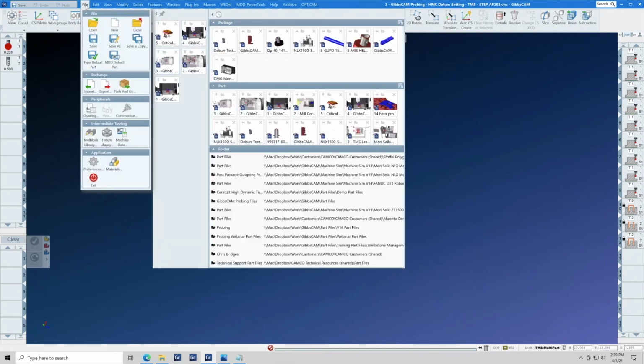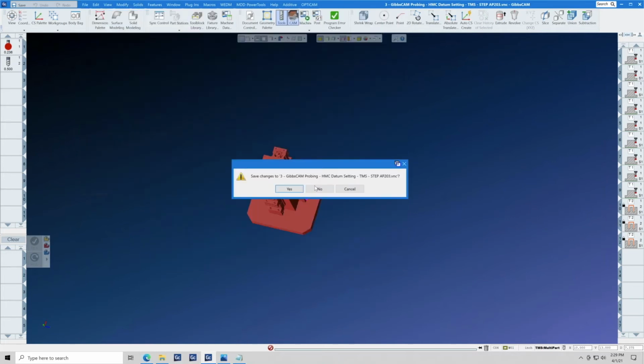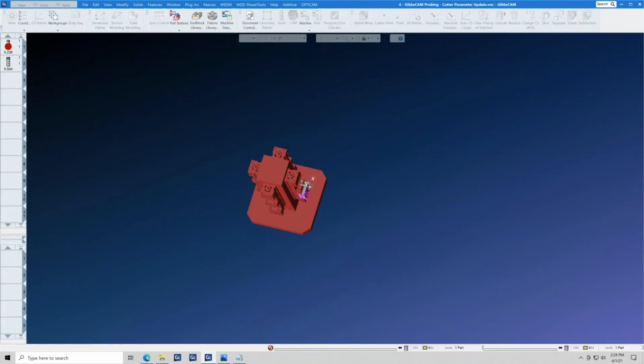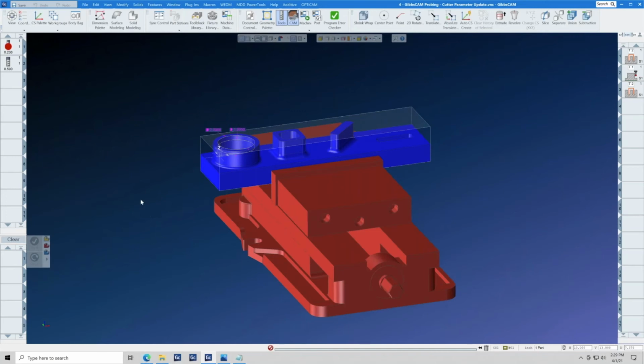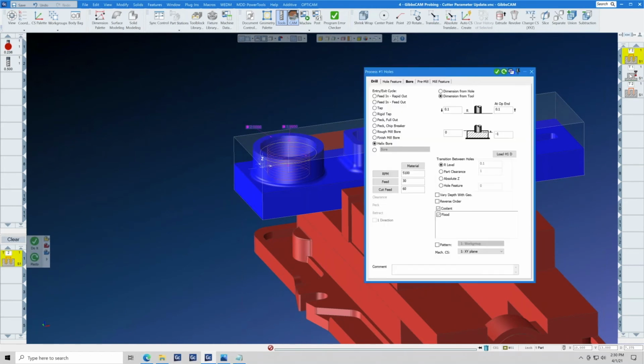Let's move on to the next part file right now, and let's go to cutter parameter update. This is number 4. What is cutter parameter update and what does it do? What we want to introduce you to is something that you may not be aware that your machine tool can do. In other words, there's a closed loop now in your machine tool where we can perform cut, measure,